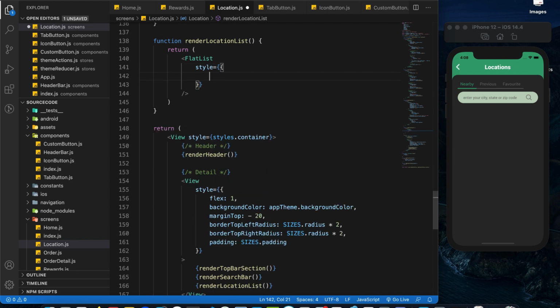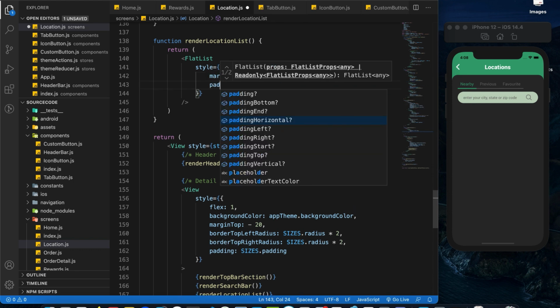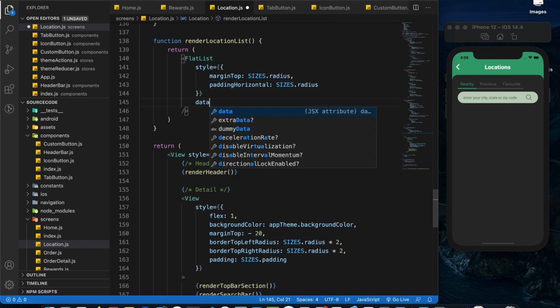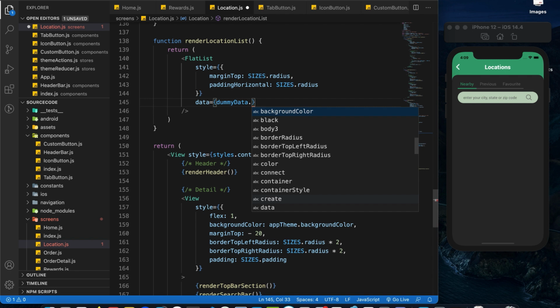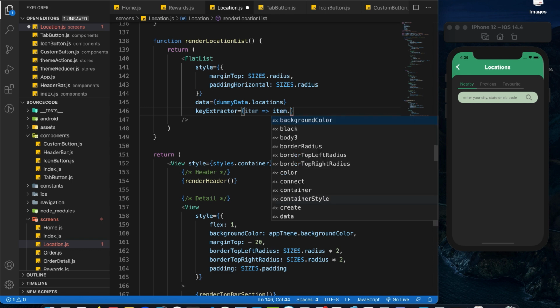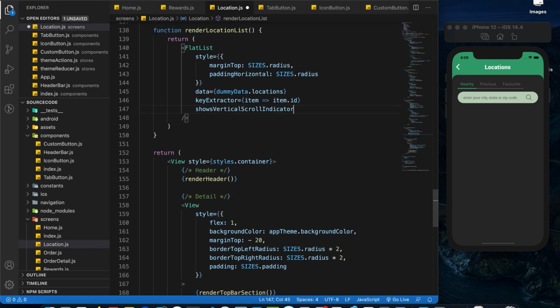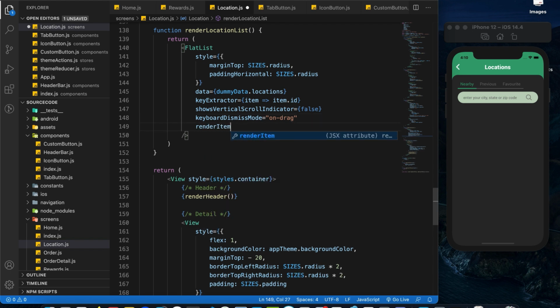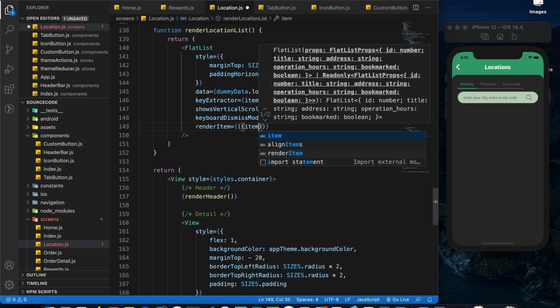Give it some styling. So margin top equals to sizes.radius, padding horizontal equals to sizes.radius as well. The data is going to be dummy data.locations. The key extractor is going to be item.id. Shows vertical scroll indicator equals to false. Keyboard dismiss mode equals to on drag, which means whenever we scroll through the list, it will actually hide the keyboard. Okay, now for the render item, over here is going to be item, arrow function,